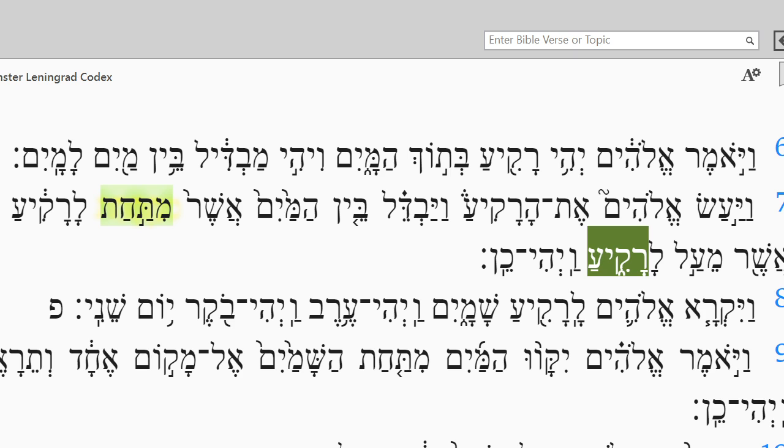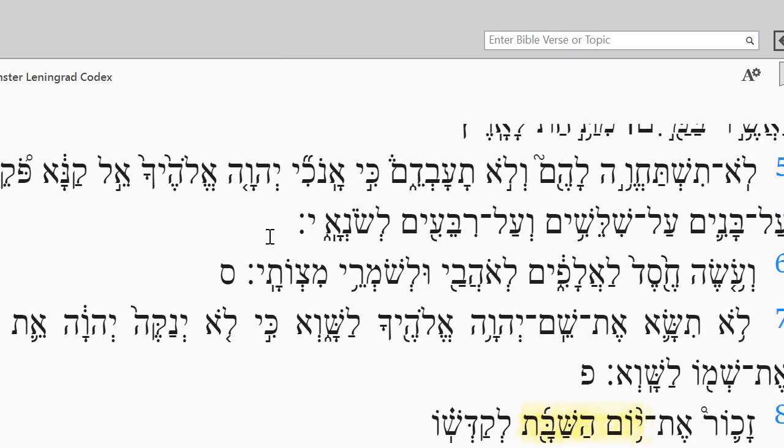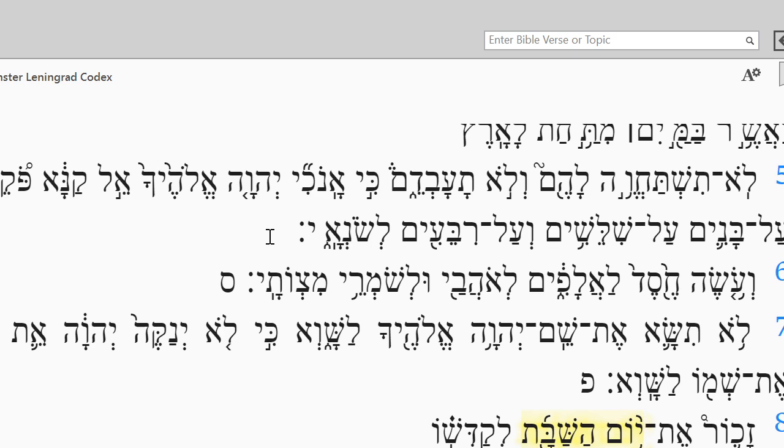All right, so let's go back to Exodus 20. Let's glean a few more examples, and then after that we are going to do another exercise where we actually try to write out some of these examples. So let's go back to Exodus 20. Let's go up here. All right, we'll glean maybe two more examples and then we'll conclude here.